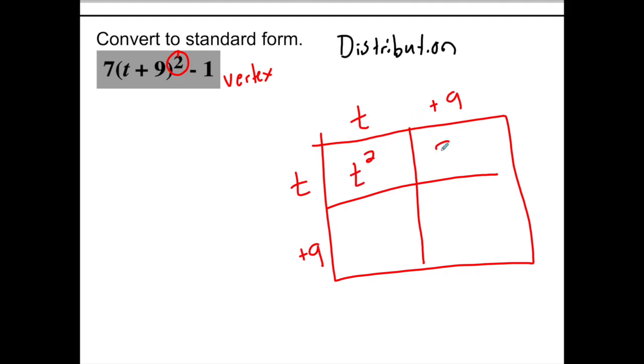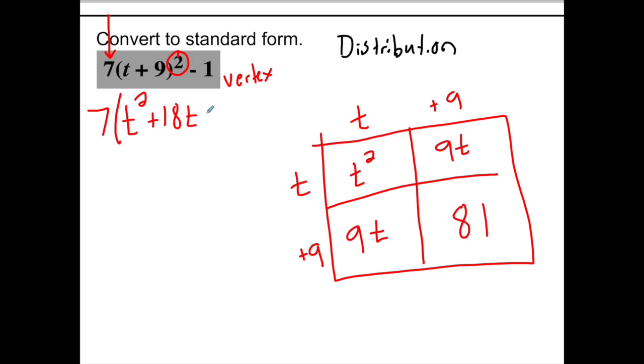9 times t is 9t. 9 times t is 9t. 9 times 9 is 81. Now observe that a is more than 1 here, so I begin by rewriting. I'll drop my parentheses. I now have t squared plus 18t plus 81 minus 1. Now I distribute,